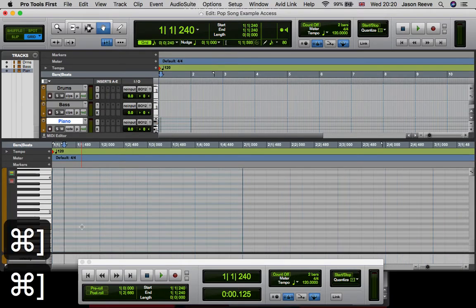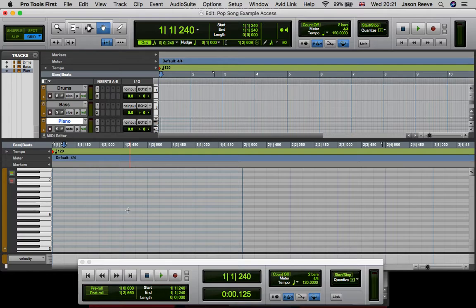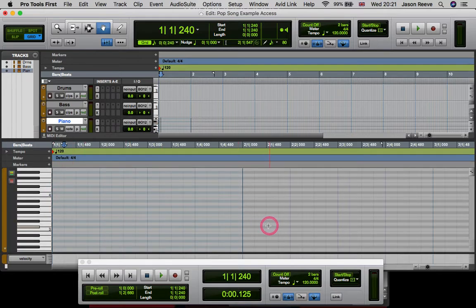I'll expand it a little bit more just so I can see each of the notes a bit clearer. Now there is a lot of notes in this bar of music right now, or spaces for me to be able to put notes in, because of the grid setting currently on 16th notes probably. So if I click on the drop down menu there, and I'm just going to do a simple pop song,